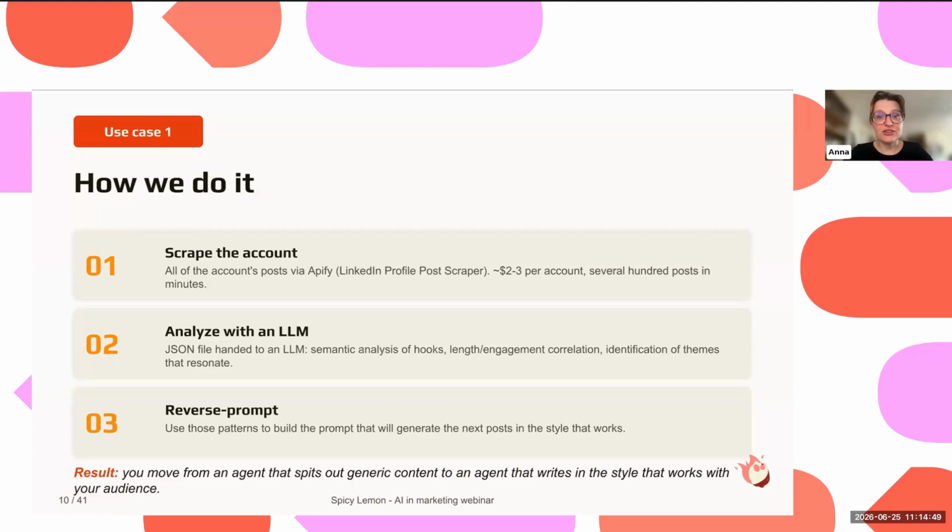And then you can create agents who are going to help you write new posts, but they're always going to work based on this document. You'll just ask them, please read the document first and then produce the output. And this will make the result much better as well. So you move from one single agent that produces very generic content to an agent that really writes in your style. It works for your audience because you have done this whole job before of data analysis, reverse prompting, and analyzing with an LLM.